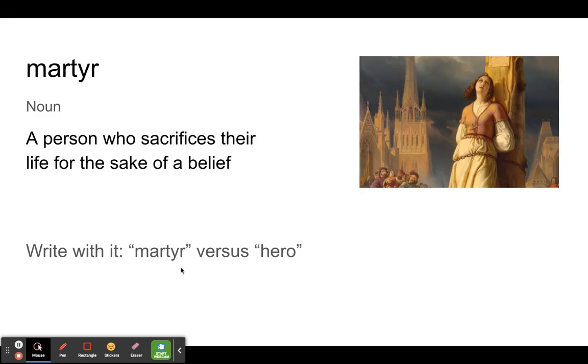When you're writing with it, martyr versus hero, like in the story, the captain was going to martyr himself by saving the crew. A hero could risk their life without actually losing